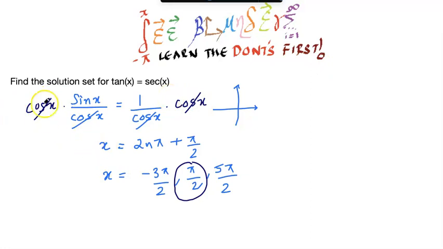You multiply both sides of the equation by the same constant or the same expression. Now if you multiply both sides of an equation by 0, then it will always be satisfied. So you start off with a equals b, and you multiply both sides with 0, you get 0 equals 0. So that will always be true. So that doesn't give you any new information, right? So that is what we have done actually, because we multiplied both sides by cos x, then we tried solving it, and all of the solutions we got